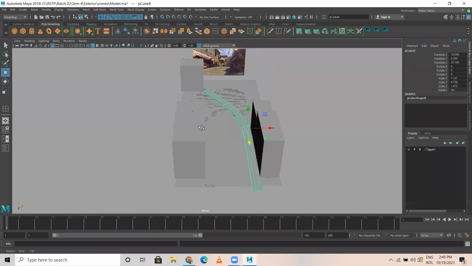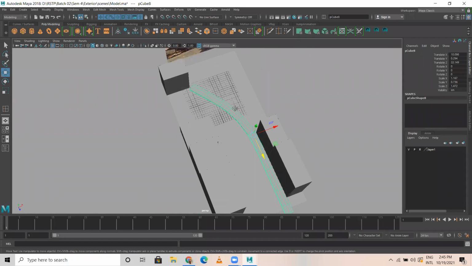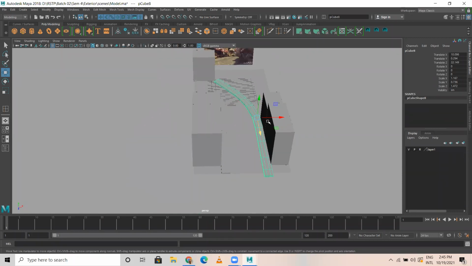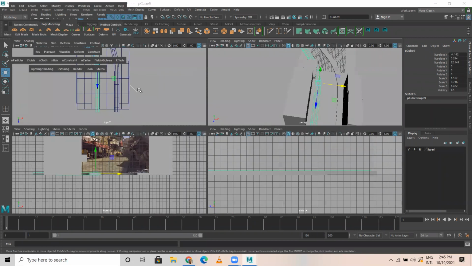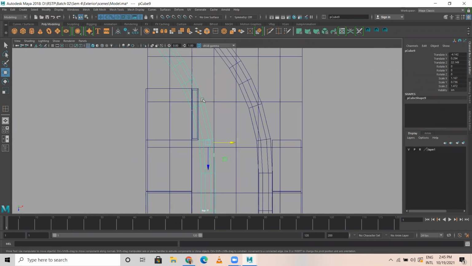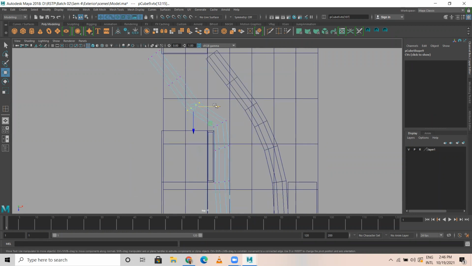So we have it now here. Even what I can do is I can duplicate this and I can place it here. I can remove this one. I can place this here. And slowly we can modify this. How do you modify? It's like this. Manually, you can take a curve.